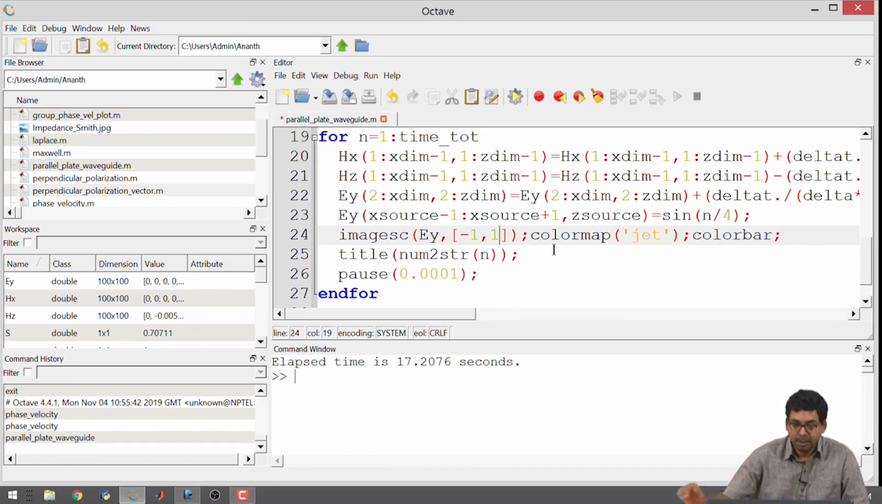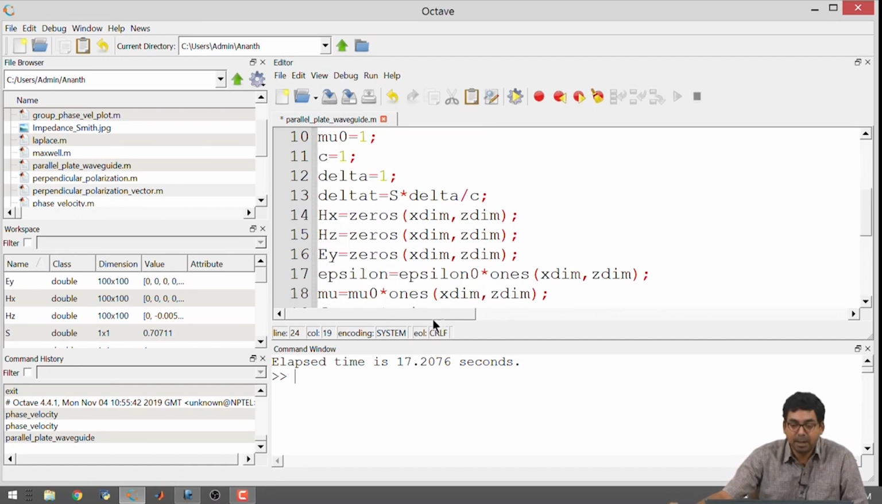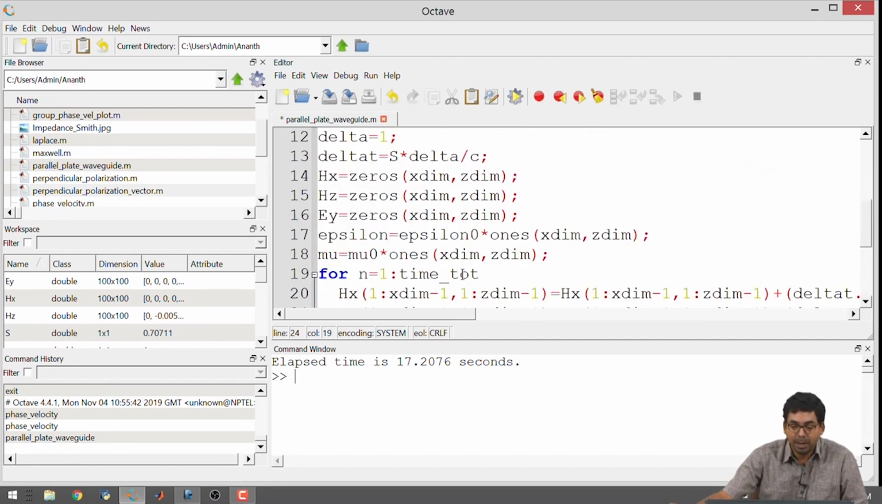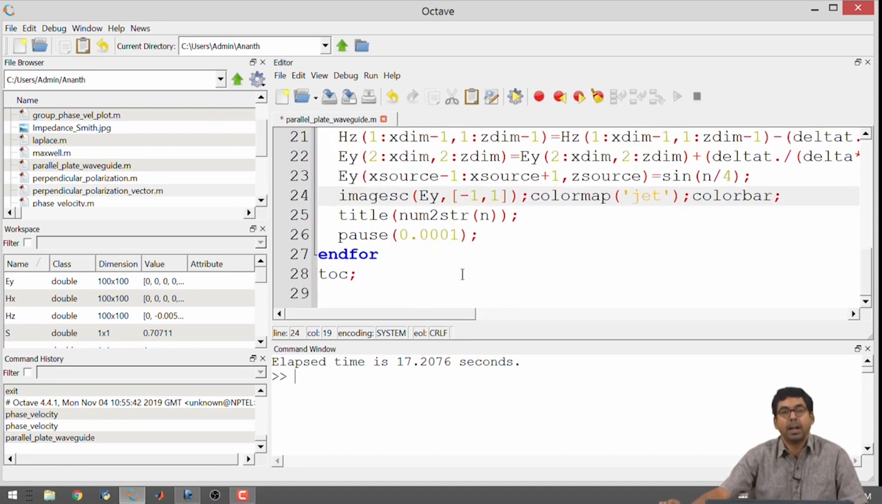Okay. So, now we have a code for perpendicular polarization and I want to create a parallel plate waveguide, and then start experimenting with the code. So, how do I define a parallel plate waveguide? I know that I need to have 2 conductors. The way I tell the code that I have 2 conductors is by making the electric field 0 at specific places. So, I look at